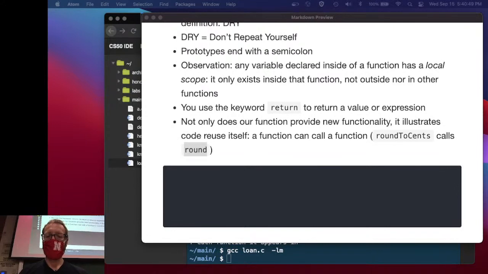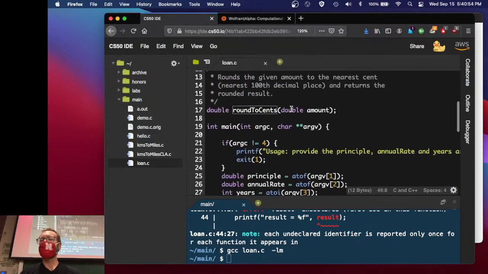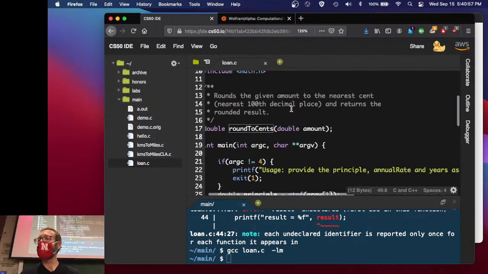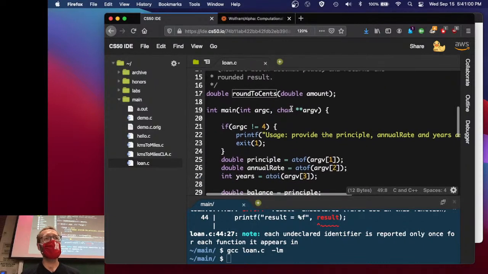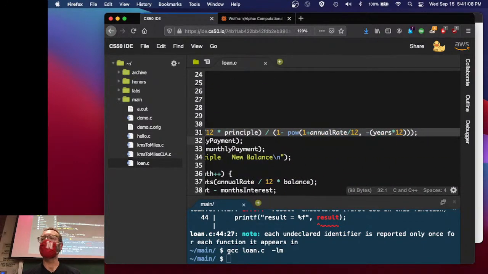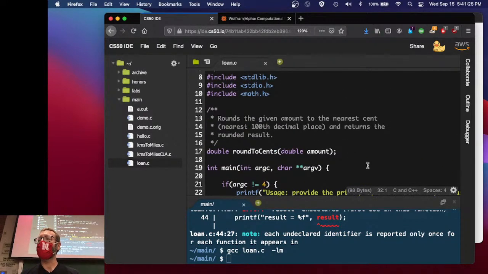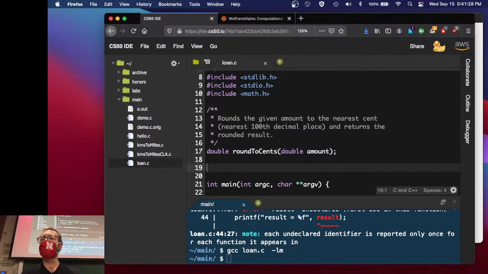So what I want to do now is create my own library. First of all, let's take a look at this. This is a pretty simple program, right? There's a main function, there's a round cents function. Maybe there's another optimization here. What about monthly payment? It's a really long line. It's pretty complicated. Maybe, I mean, we only use it once, so it's not screaming out to me to make a function for it, but it's pretty complex. Maybe I have use for it somewhere else in another program. So maybe we do have an argument here, even though we're only using it once, to create a function for it. So double,